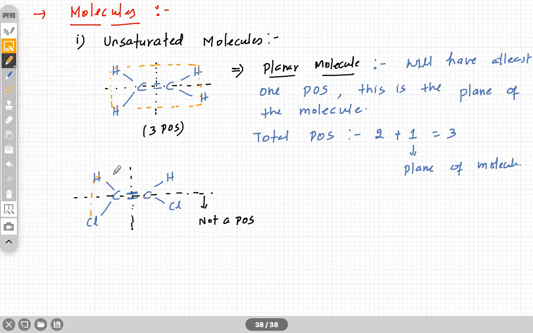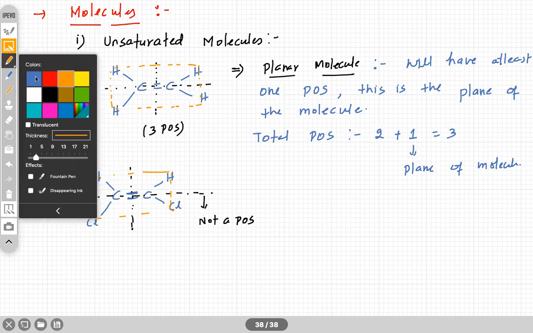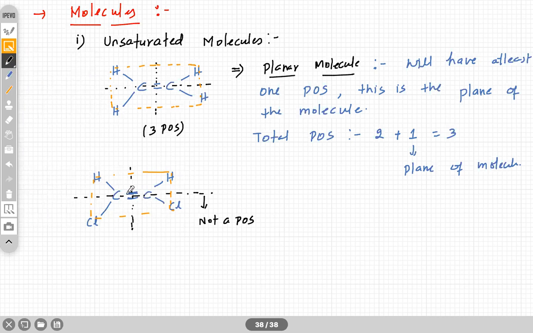we have along the plane of this molecule, along the plane of the molecule. So total number of planes of symmetry, if you ask me, the answer for this question is, one is this, another one is along the plane. There is total 2 POS possible here. Okay. Similarly, if you think of this one, C double bond C, H, Cl, H, Cl